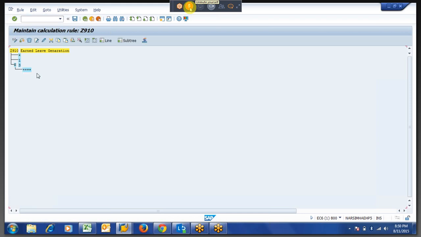Okay, if you are writing a PCR related to calling the numbers from the table called time pairs in the time evaluation, let us say there is a clock in entry and clock out entry from 8 to 9, for 1 hour. The 1 hour will be stored in a table called TI.